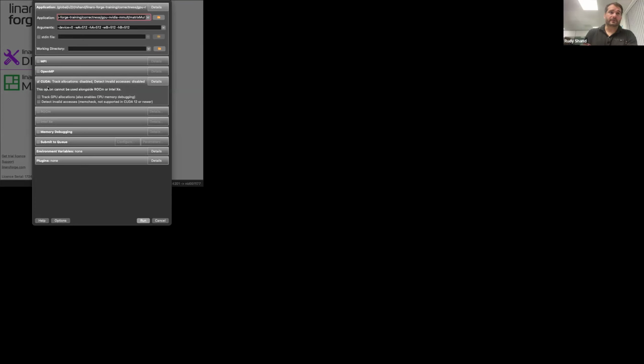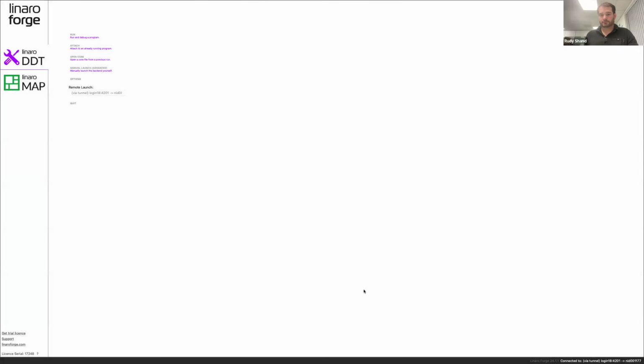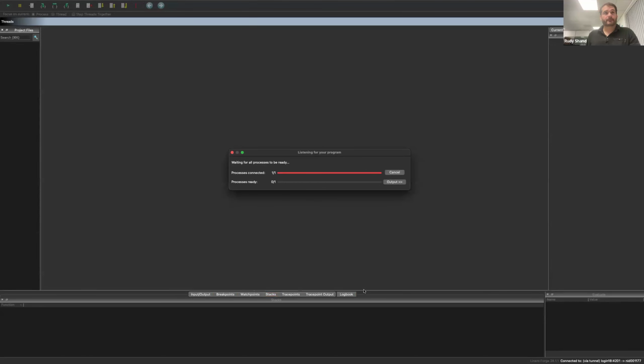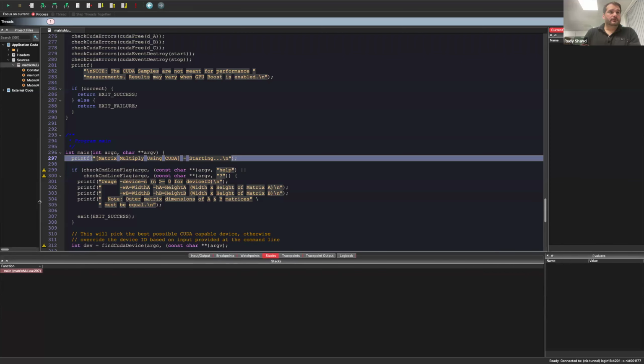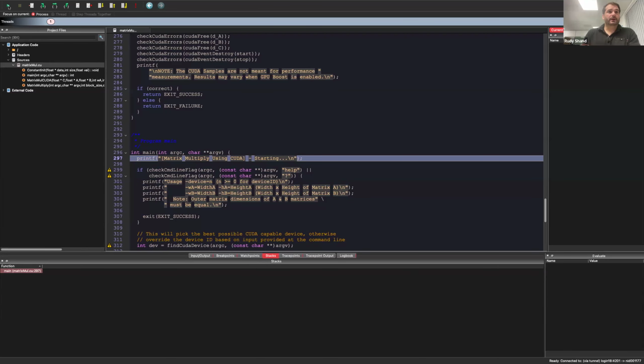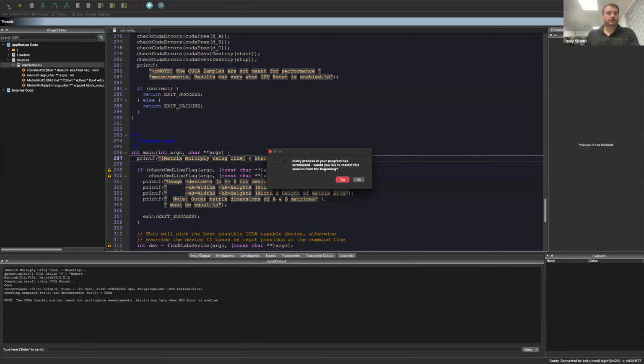Yeah, so DDT automatically auto detected the GPU, so that should just run. There we go. So if we run this, what should